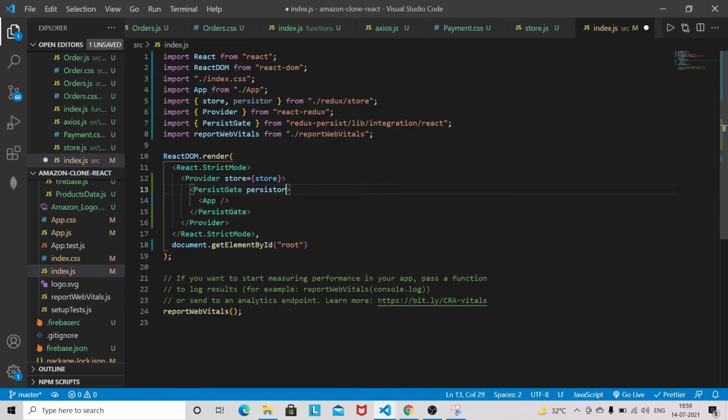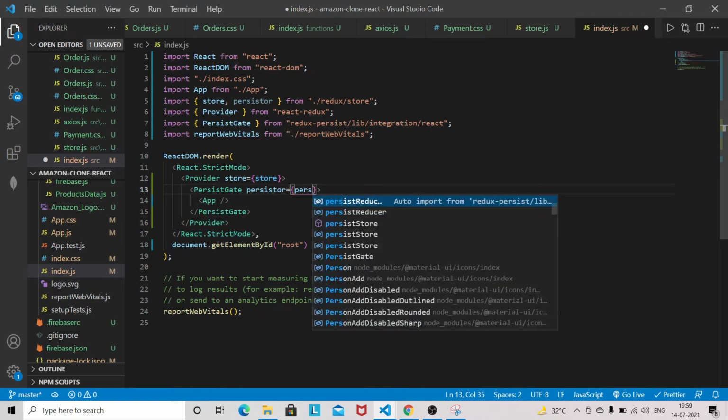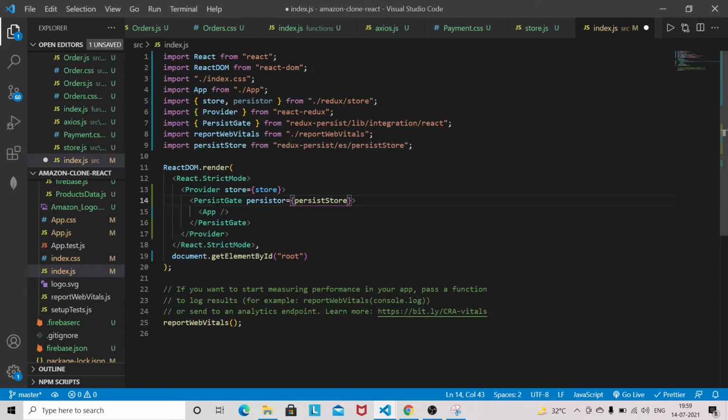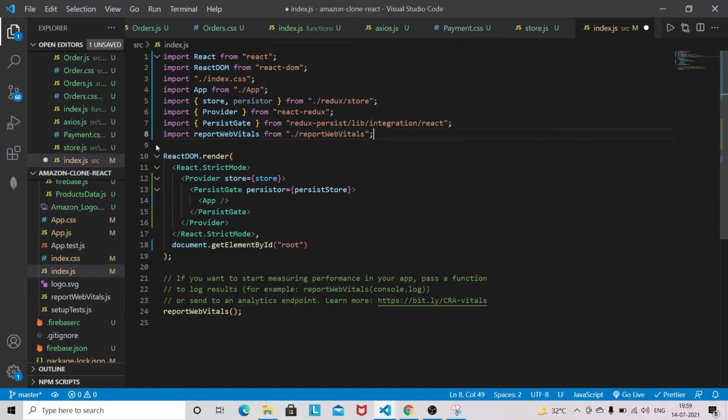So persistor equals persister, which we are bringing from the store file. Not this one, sorry, remove this one, and we need this one here actually.